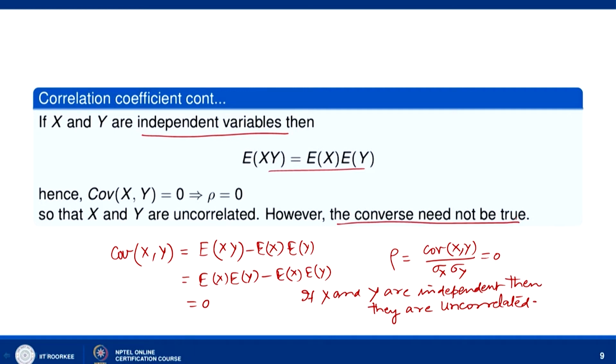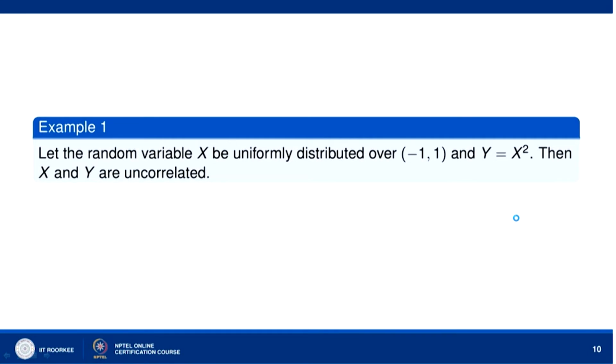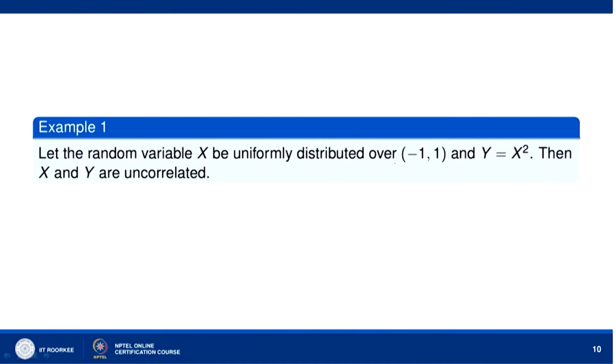So, let us show it by means of an example. Let us show that rho is equal to 0, okay, but x and y are dependent random variables, okay. So, let us take this example. Let us say that the random variable x is uniformly distributed over the interval minus 1 to 1, okay, and y is equal to x square. Then x and y are uncorrelated. Now, we know that if x is uniformly distributed over minus 1 to 1, then the density function of x is given by